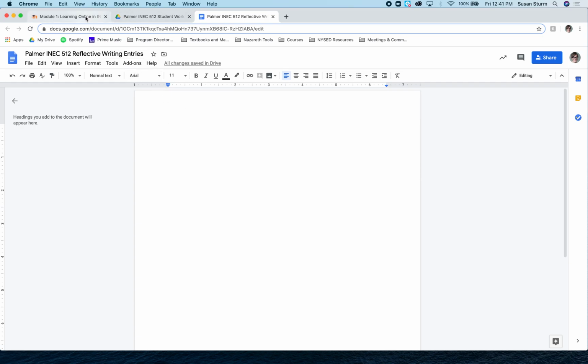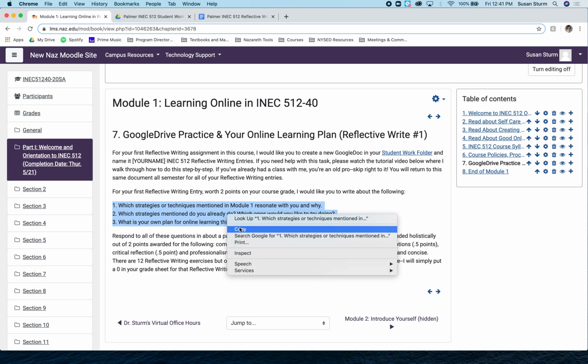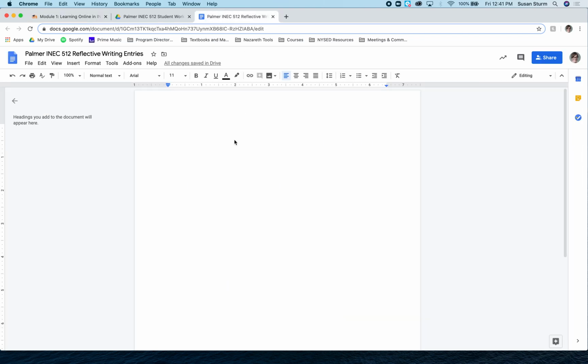And then what you're going to do is go back here and grab the reflective writing prompts, copy them. I just did a Command C. You can also right click and copy. Go back to your file, and the first thing you should do is put reflective write number 1, and if you want to be fancy you can say module number 1 and enter down and